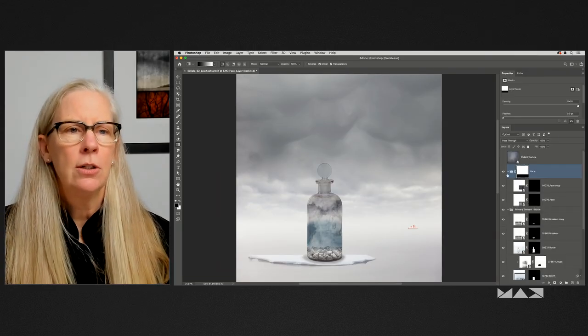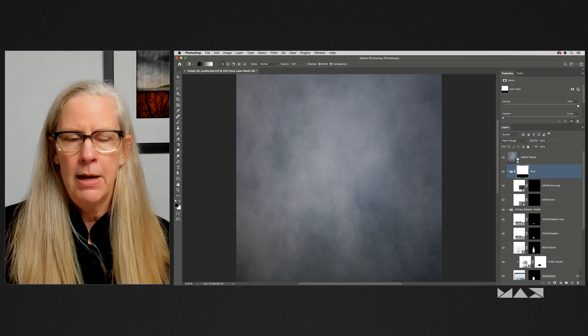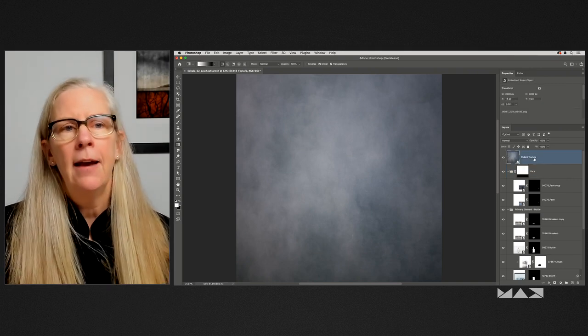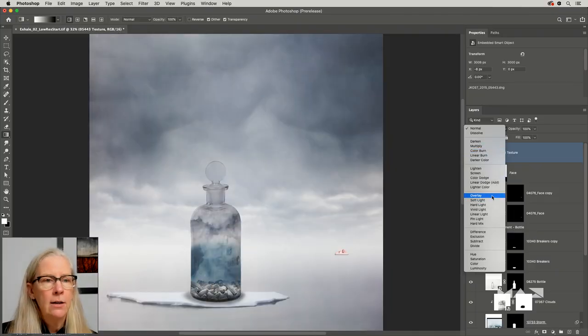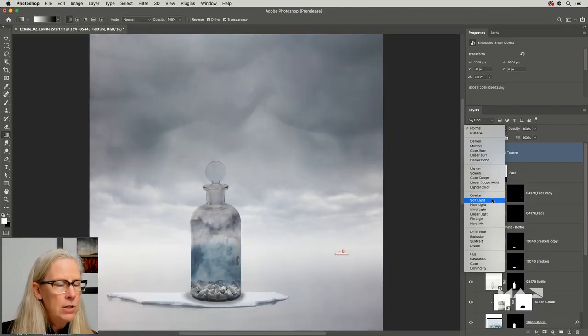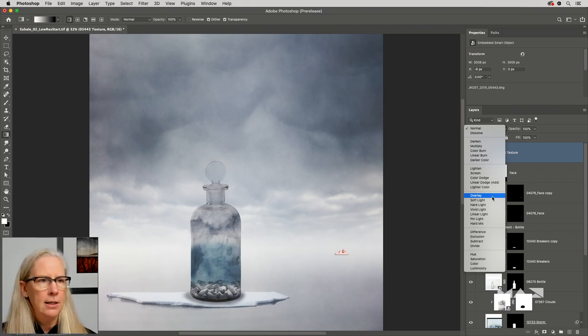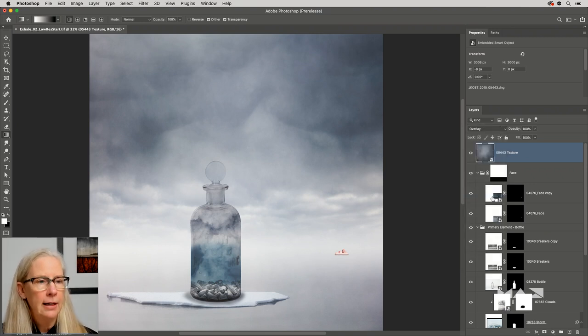So with this texture layer, I'll just go ahead and make it visible and also target it. And then I'm just going to add a blend mode. So in this case, either overlay or soft light. I actually prefer soft light, but I think overlay is going to show up better in the video. So I'll go ahead and use overlay. So now I've got a nice texture throughout the image. So you're not going to notice that there's a lot more noise in the sky than there was, say, in the face or in the bottle.